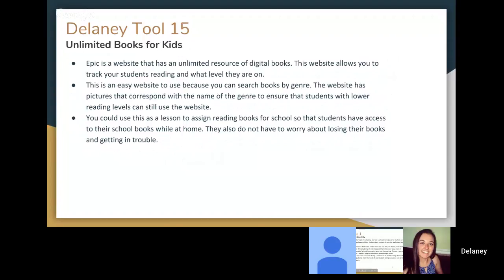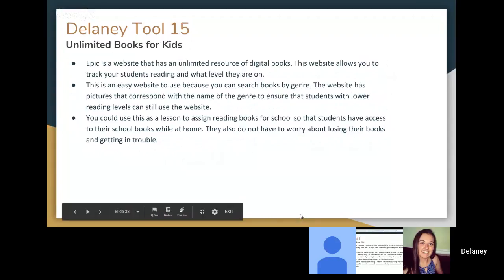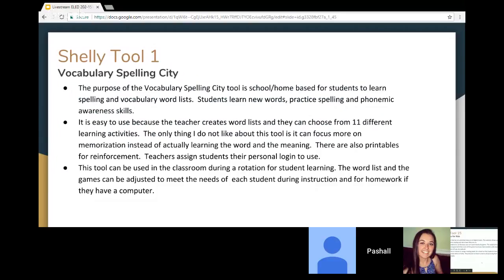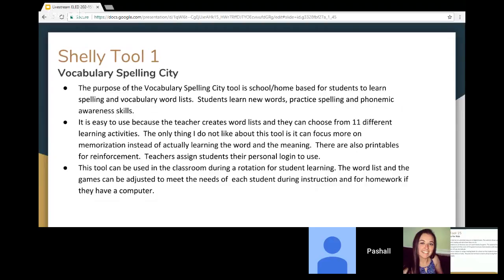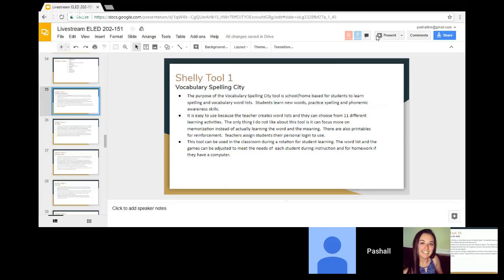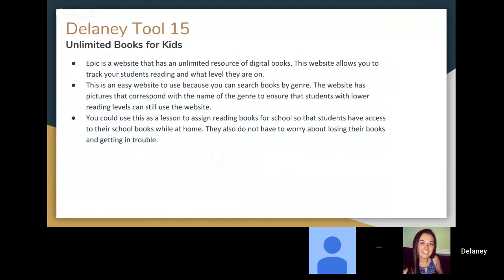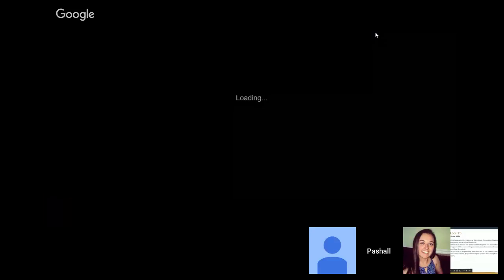You could use this as a lesson to assign reading books for school so that students have access to their school books while at home. They also do not have to worry about losing their books and getting in trouble. And it's great for parents so that they don't have to worry about if their kid brought their book home that day or if they're going to have to pay for the